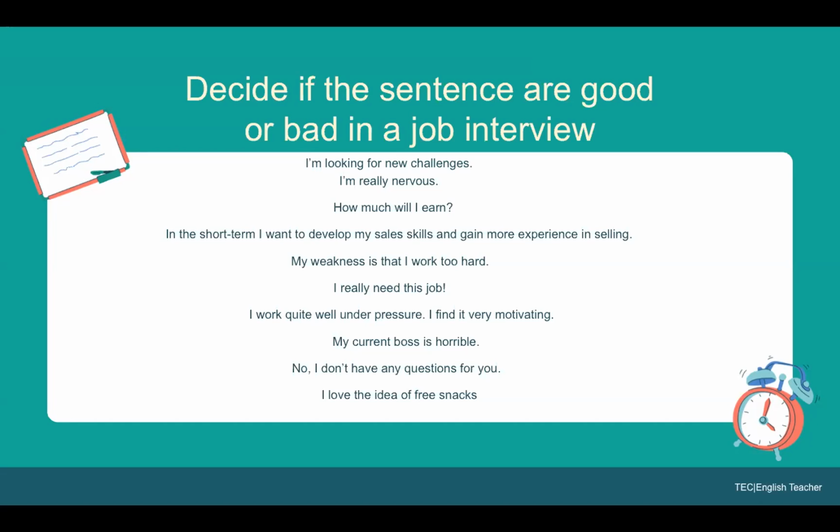I love the idea of free snacks. What do you guys think? Yes. It depends about the tone. Come in. Exactly. Yes, Haisha. So in the interview, يعني for your first impression, I don't know. بس يعني these things حسب الcontext until you can decide أكيد. Okay, to go next.